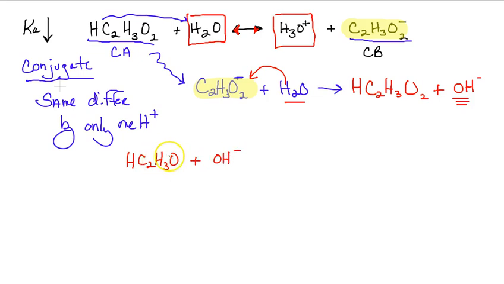At the equivalence point, strong base is added, and let's just say that there is 1 mole. Let's make life easy for ourselves. Initially there's 1 mole of C2H3O2, the acetic acid, the vinegar, a weak acid,